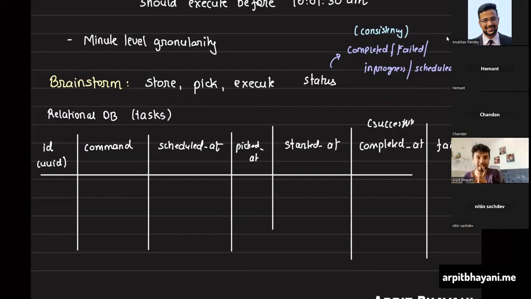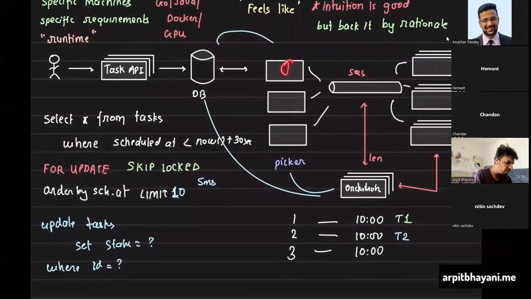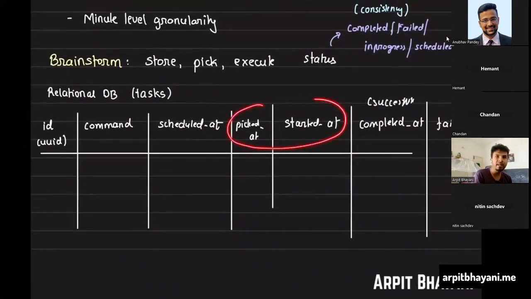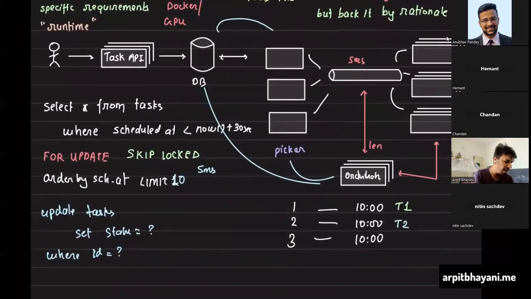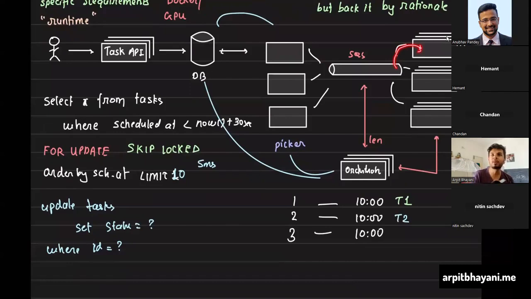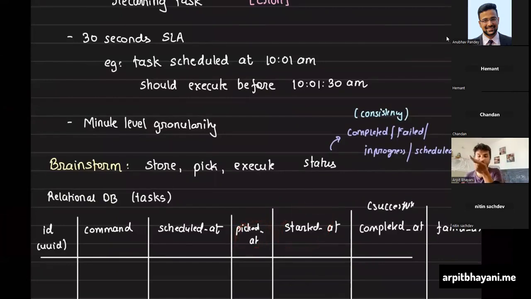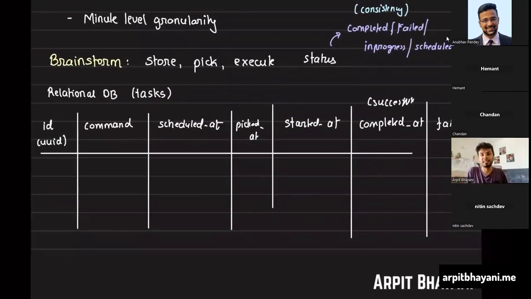The second thing that you need to know is, once a task is in the SQS queue, how much time it is taking inside the queue. How would you know that? You look at the difference between picked at and started at. When an executor picks the task from SQS, the first thing it does is update the database to say that it has now started executing this task. The difference between picked at and started at is the time your task is spending waiting in the queue for execution. If this time is too large, you would spin up more machines.